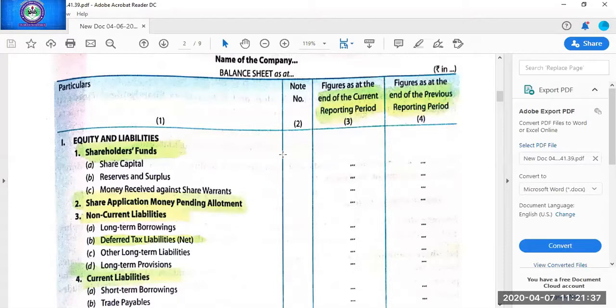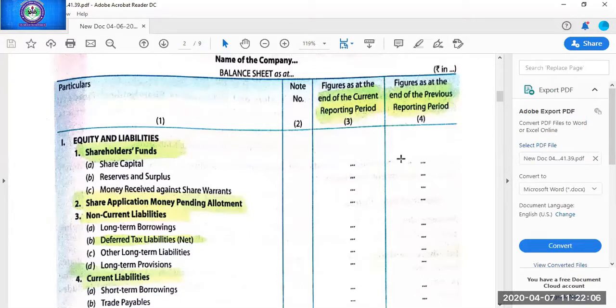Further, the share capital is divided in many heads or subheads, but now you will not be able to understand the bifurcation of the share capital. So after completing book 2, we will be doing this topic in detail. In book 2 also this topic is there. Again, there you have to prepare the balance sheet with share capital only. So this bifurcation of the share capital we will be doing in book 2. So need not go into detail here.